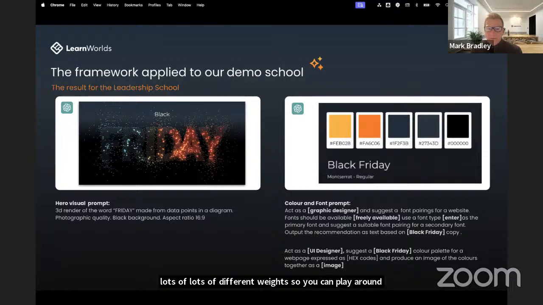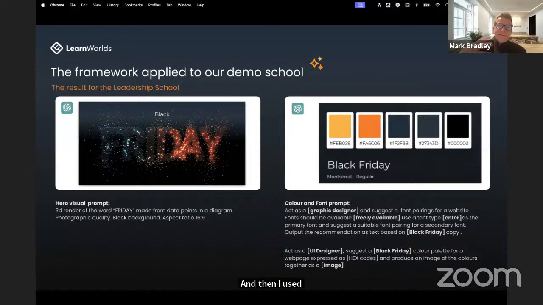That was quite interesting. Then I used the Mid-Journey result, and it's just an assemblage. I used Figma, but you can use Photoshop or even PowerPoint to produce these images that you would need for an email background, a course card or a web page wallpaper, as long as you're outputting them in the right resolution. So this was the framework that we used, and I wanted to show you so you could potentially use it to create the assets for your Black Friday campaign.